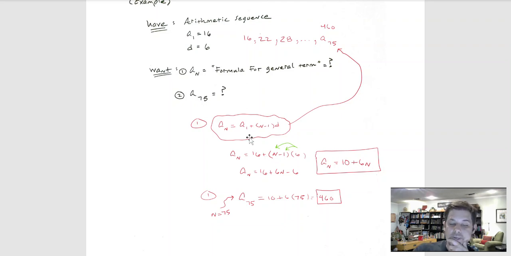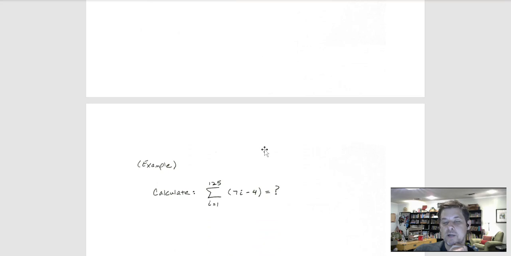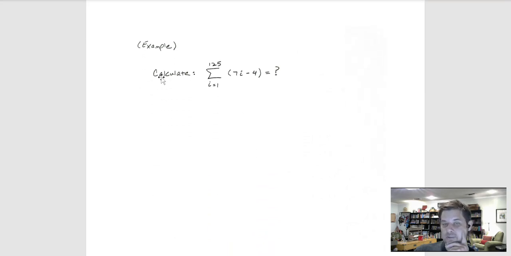All right, so let's see, first problem is done. Let's look at the next one. So this one says just to calculate. The way I would read this, if I was to read it to you, is the sum from i equals 1 to 125 of 7 times i minus 4. Okay, so here's what that means